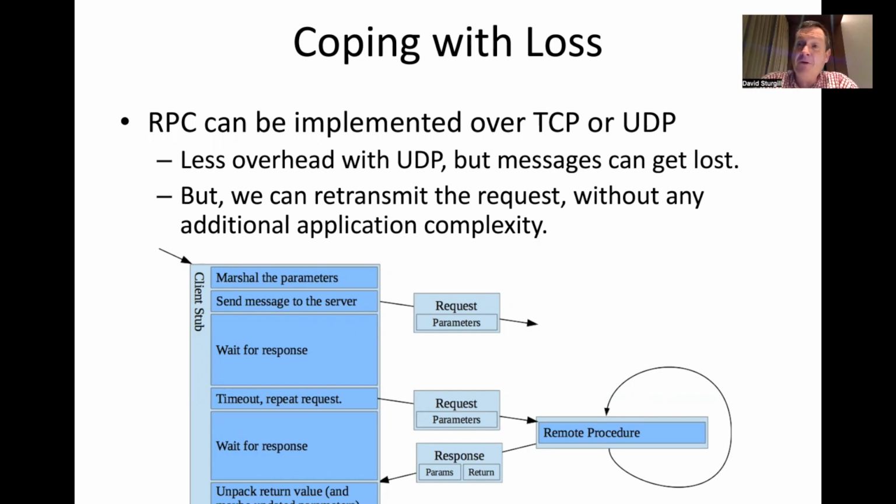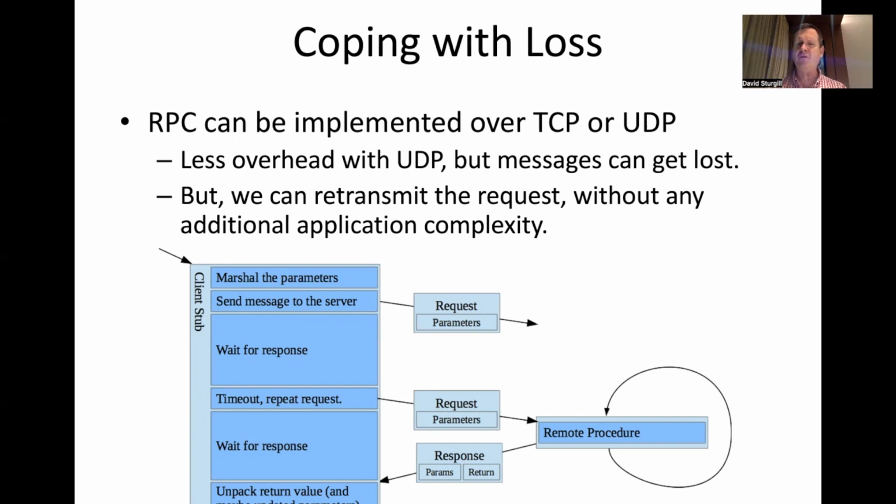If it doesn't get a response within a certain amount of time, it can automatically resend the request until it gets a response. So this would let us use something like UDP with some reliability built in that we didn't have to write. There's a problem with doing it this way, though. If you resend a request just because you didn't get a response, you don't really know if the request got lost or the response got lost. You just know that you kept making the request until you were guaranteed the function got